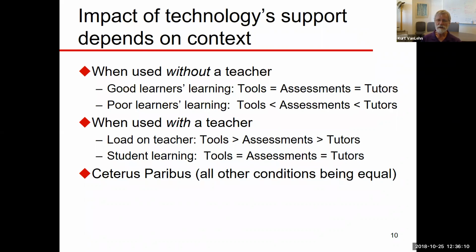I'm sure you've seen that. Poor students, though, need more help. So tools don't give too much help. So those students' learning gains would be less than if they got assessments, and even less than if they had a good instructional policy to help them. So you expect to see what's called an aptitude treatment interaction when these technologies are compared with each other